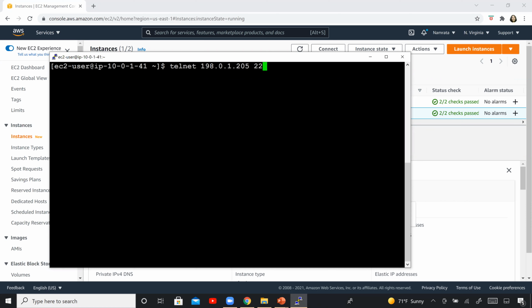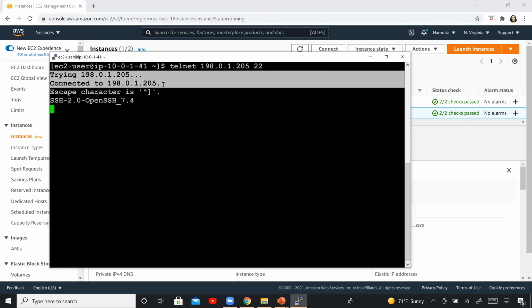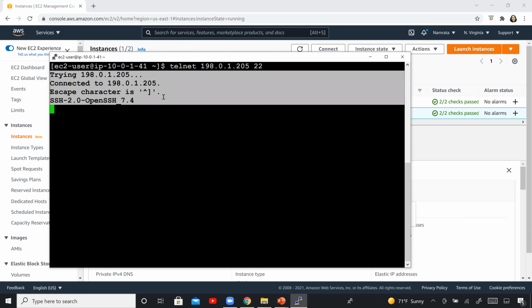If everything is accurate and working, and our routes are active, and our transit gateway is in action and able to redirect our request correctly to VPC2, then this request should be successful and it should get connected. So let us try. It was trying to connect to this particular IP address. It got connected, and there you can see it has opened an SSH connection right now.